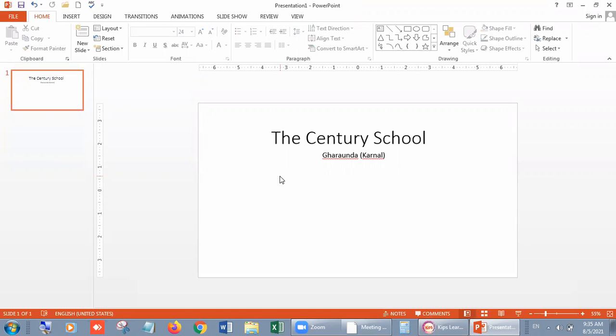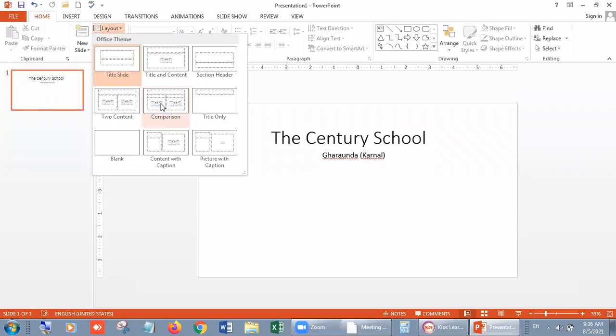If you want to change the style of it, go to the Home tab, and in the Slide group you have a button that is Layout. What is it? Layout. Layout means style of it. Click on it, you will get so many options. Look students,